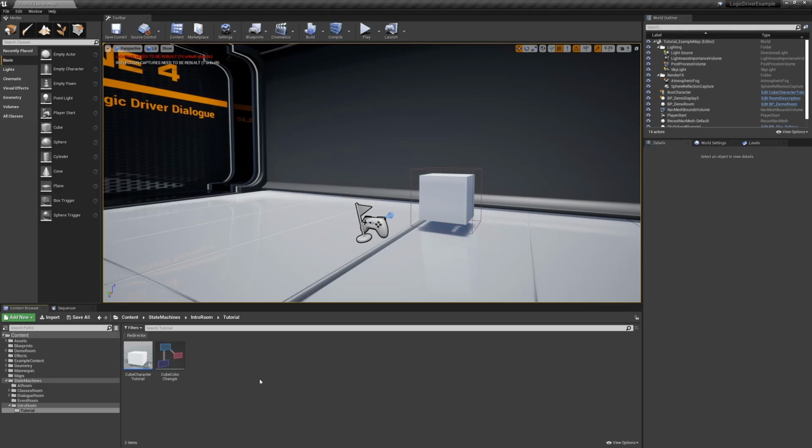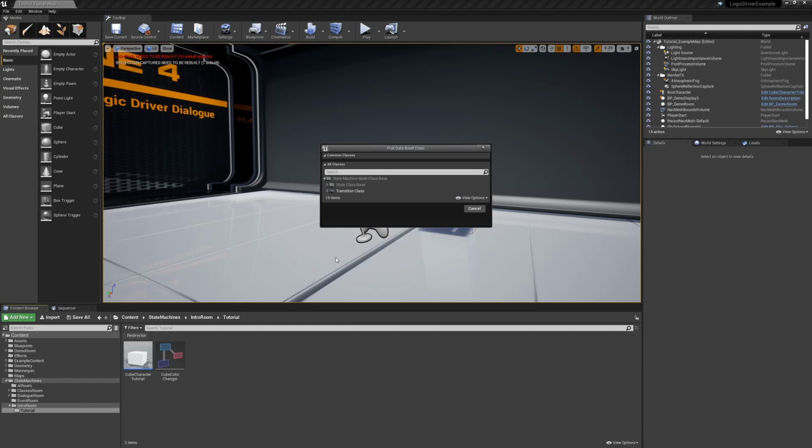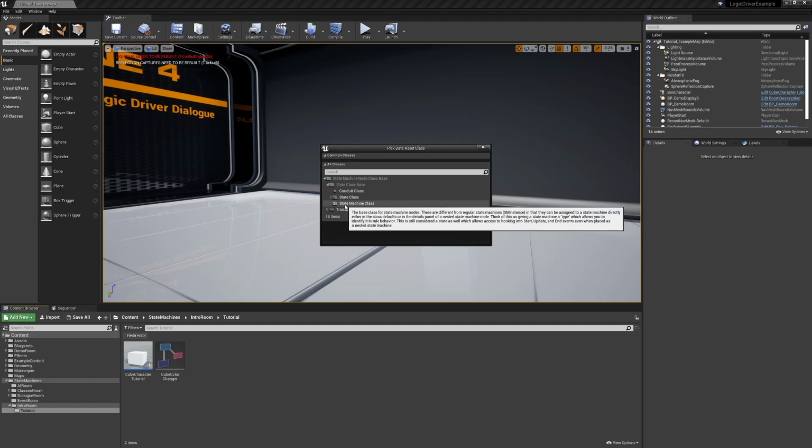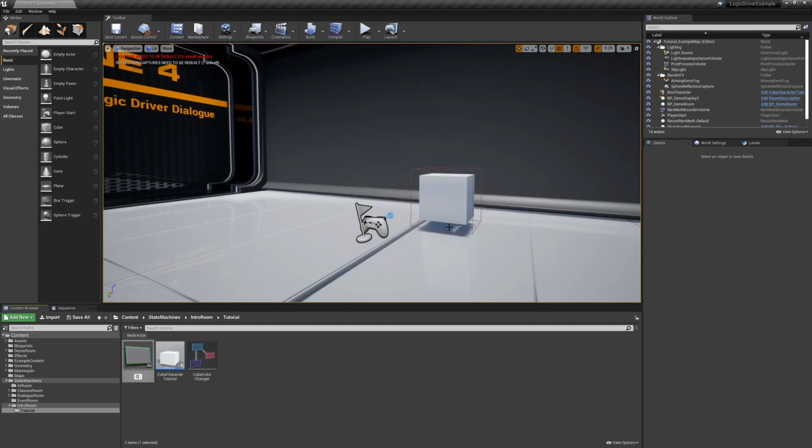Welcome back. In the previous tutorial, we took a cube and changed its color using a state machine. For this one, we're going to iterate on that, but this time we're going to use a custom state class to change the color itself. To do that, we just have to right-click, State Machines, Node Class. The options that are visible here are just the base values the object driver uses, and we're only going to want to work with a state class right now. Let's call this color changing state.